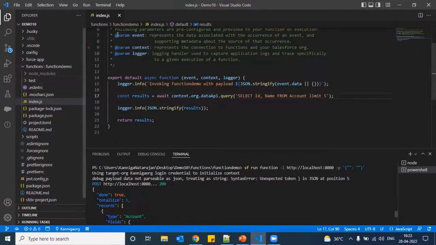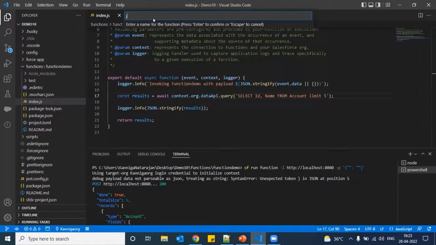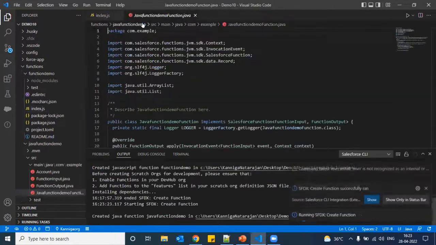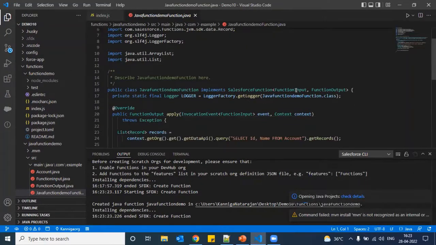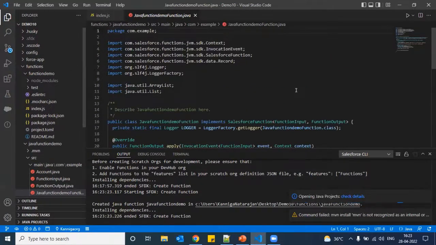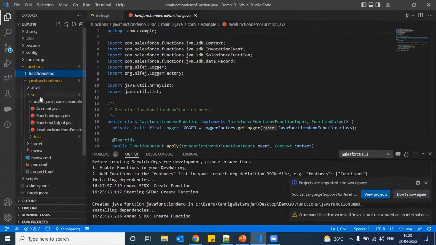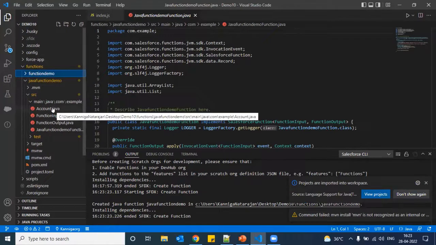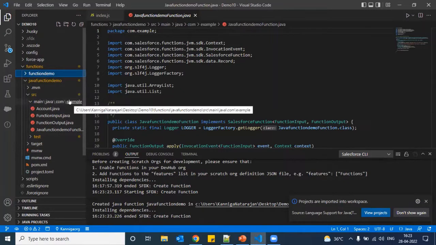So again, I will show a demo on Java. Once we create a function in Java, the folders will be different from JavaScript. It will create Maven files and target files as well. In the example folder, it will create 4 Java